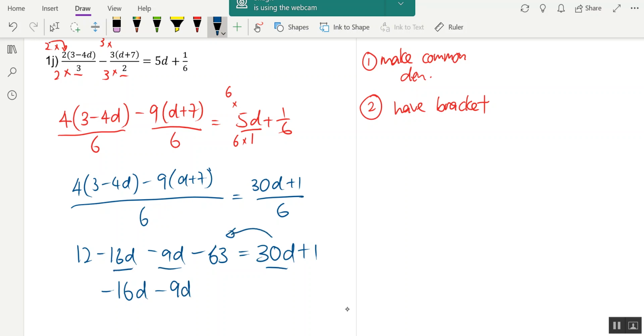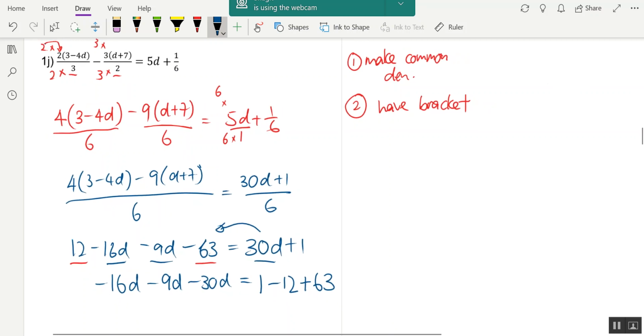Algebra on the left side: minus 16d minus 9d, which is this guy and this guy. This guy bring over, it will become minus 30d, equals to 12 and negative 36. Bring to the right side, it will be 1 minus 12 plus 63. At this point of time, most of you can actually use your calculator. If you don't want to use your calculator, it's also okay. So minus 16 minus 9 will be minus 25. That will be minus 55d equals to minus 11 plus 63,